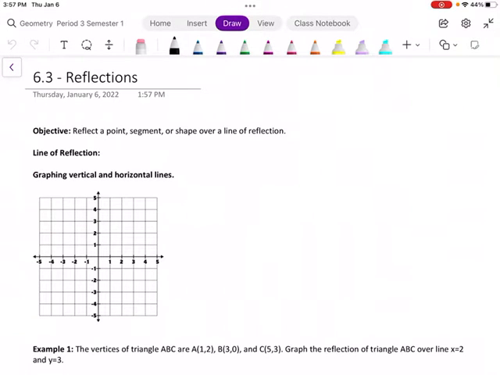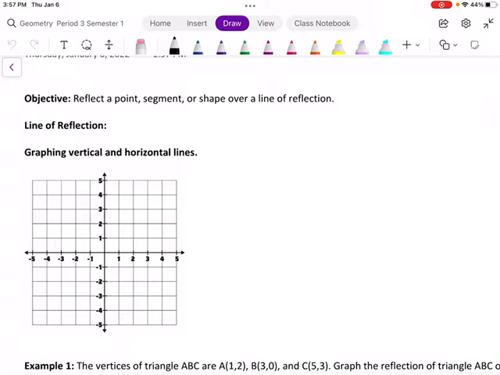Section 6.3 is on reflections, and in this one we're going to reflect a point, segment, or a shape over a line of reflection. So a line of reflection is the same distance, or in the middle,